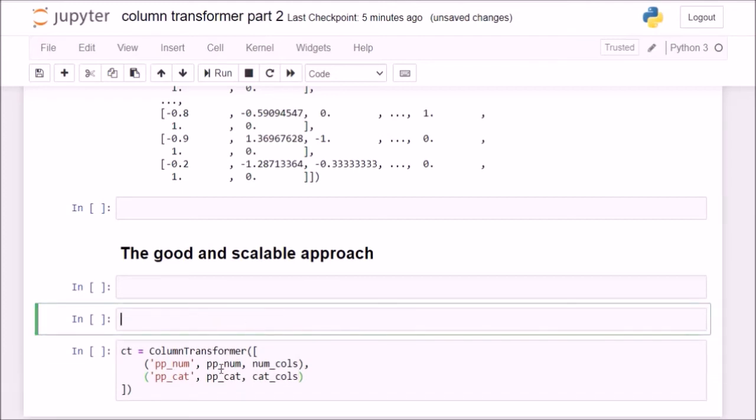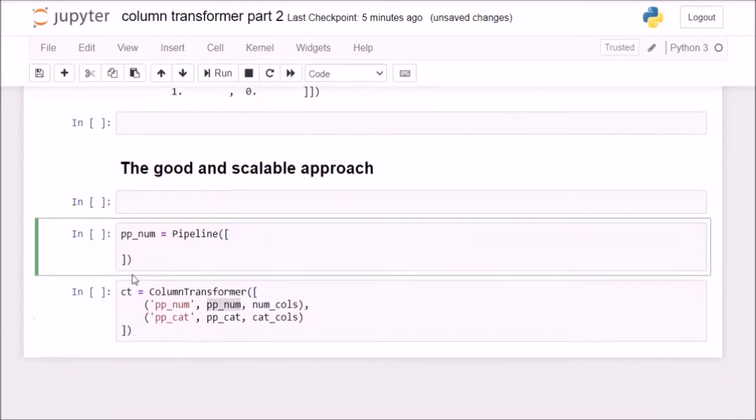Now my first is my pp_num. So what is this? This is my pipeline object, and here my first step is to impute the missing values, right? I'll call this num_impute, and my first step is SimpleImputer, strategy equal to median, and here I'll not specify add_indicator, I'll just set it to false here.